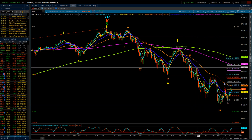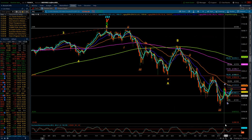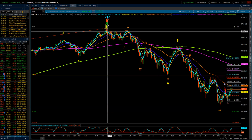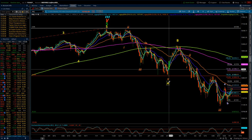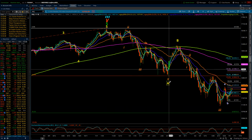On a daily chart, I continue to label the intermediate degree ABC coming off. Remember, what we've got going on is a larger series of ABC declines as this larger supercycle wave 4 correction unfolds. So that means we get an ABC on the intermediate degree, an ABC at the primary degree, an ABC at the cycle degree. And so right now we remain within the first series on that intermediate degree, and we're